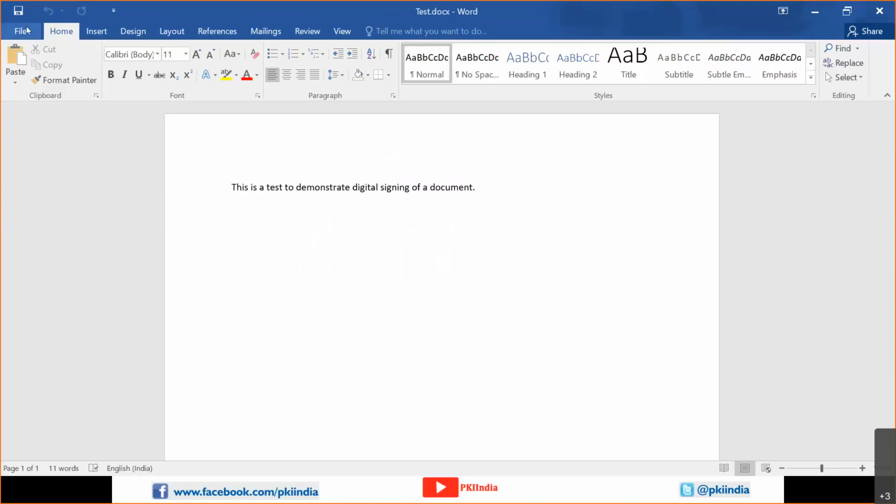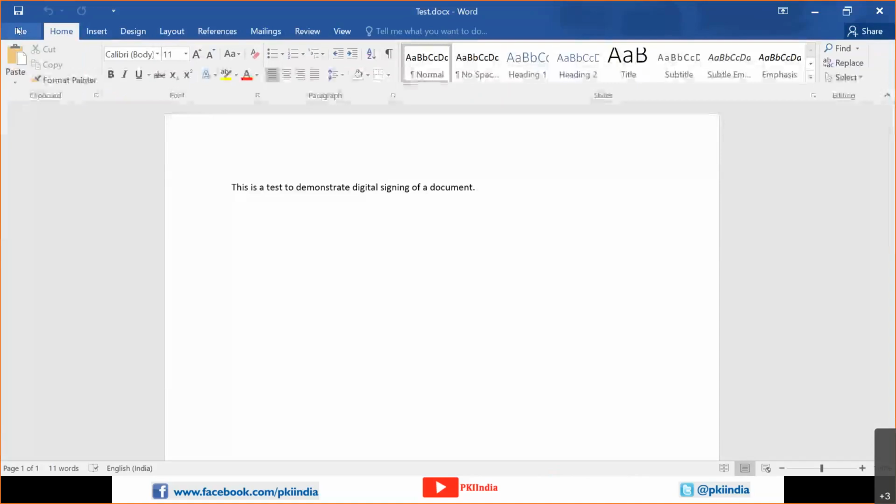But before I go further, I have to admit one thing. Unfortunately, my digital signing crypto token got expired. The digital signature certificate (DSC) got expired, and I applied for it, but because of lockdown and other restrictions, they are unable to deliver to me. So I am using my colleague's crypto token. I have asked him to reset the password, and I assured him that I will not use it except for this demo. So I am using that, and I'll be demonstrating it.